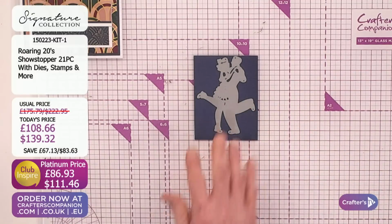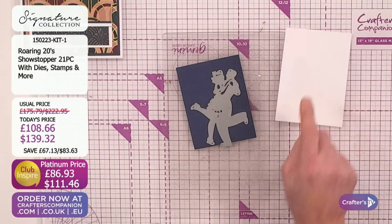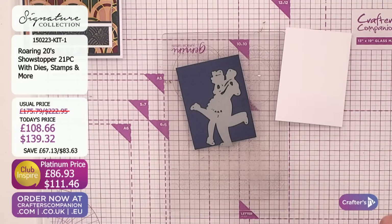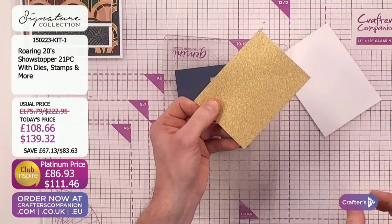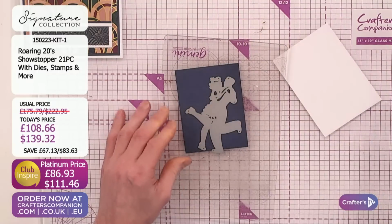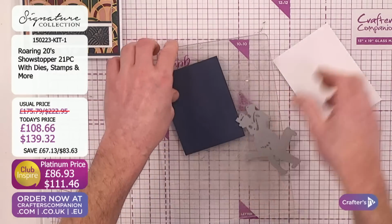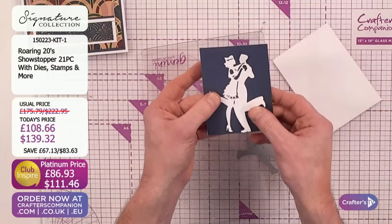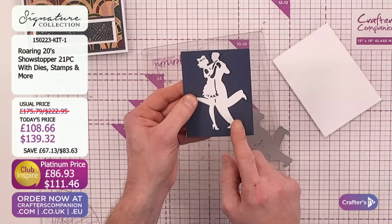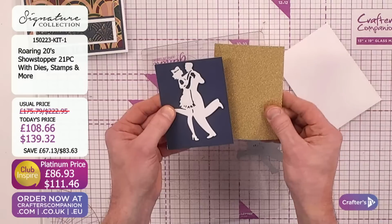What I would say, in my opinion, as well as the linen cardstock, this collection, white multi-purpose, is going to be an absolute dream for this. And then depending on the tones that you want, you'll have seen already that my gold luxury card is one that I've been using quite a lot as well. So tell you what, all I'm going to do is die cut that one out. So there is how it looks once I've die cut it out. Yeah. So I've done that in the white, I've done it in the blue,